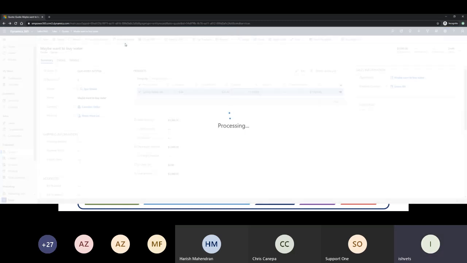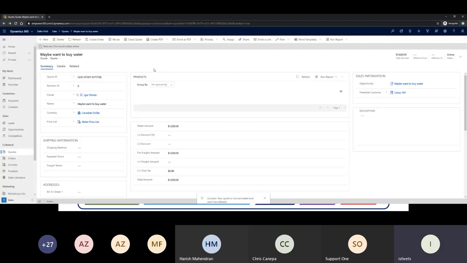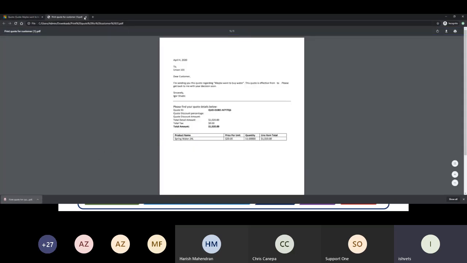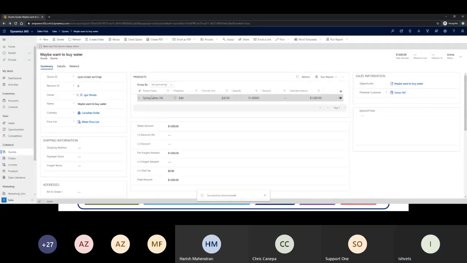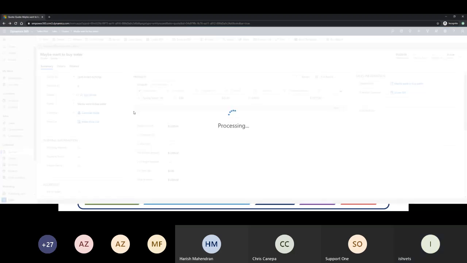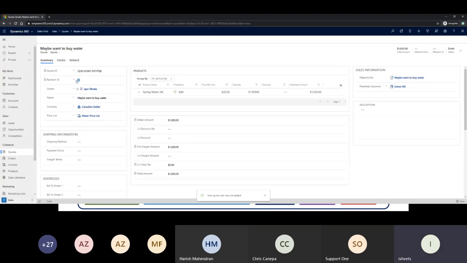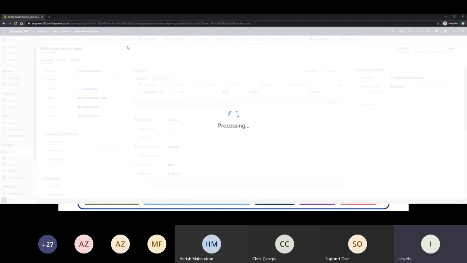So once you're ready with everything, you just activate the quote, and well, you can create a PDF and send it. So let's say if you print PDF, it's going to be a default one. It's not going to be a pretty one, but you can have a very pretty quote you can design for the customer, right? So you can have a quote you can send. If you made a mistake, you can revise your quote. And you will see the revision number will change. So let's say you click on activate when the changes are complete,